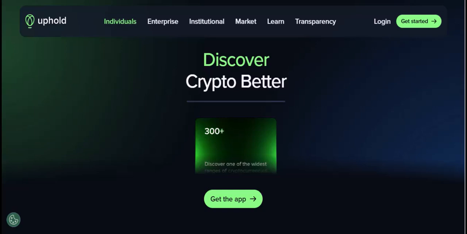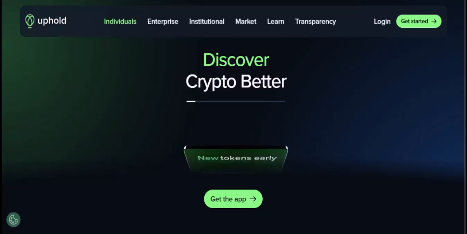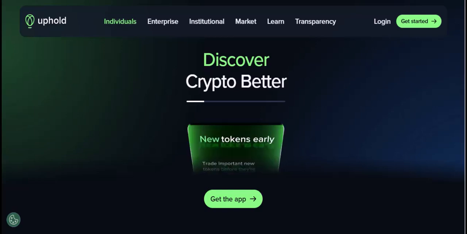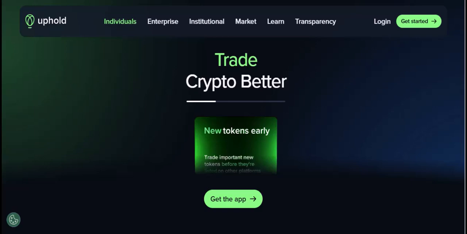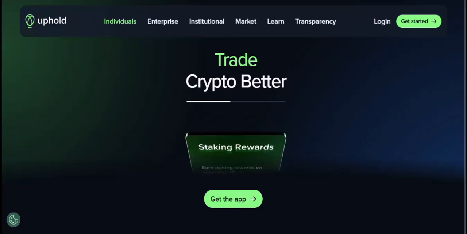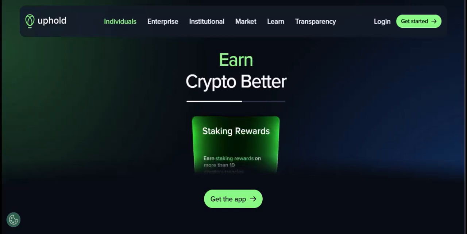Now, before we dive into the nitty-gritty, it's crucial to understand a couple of things. USDT, or Tether, exists on various blockchain networks. Think of these networks as different highways for your digital currency. The most common ones you'll encounter are Ethereum's ERC20 and Tron's TRC20. Why does this matter? Because the network you choose for sending your USDT must be supported by the receiving platform, in this case, Uphold. Sending your USDT on the wrong network could unfortunately lead to a loss of funds, and